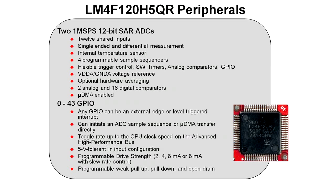a GPIO pin. The voltage reference on this device, since it's cost reduced and we don't have as many pins to put an external reference, we're using the analog voltage and ground. There's optional hardware averaging. We have 2 analog comparators per device and 16 total digital comparators in the ADCs, and